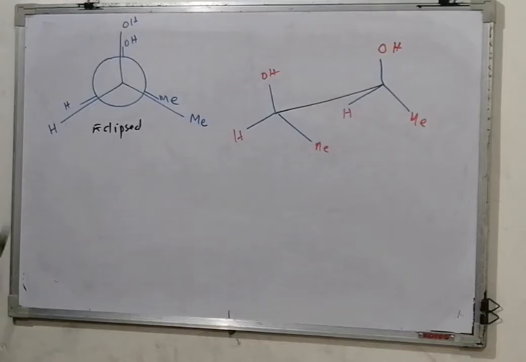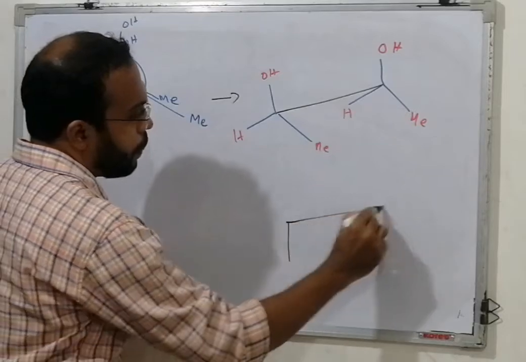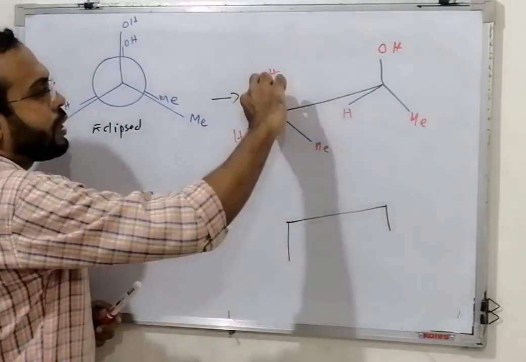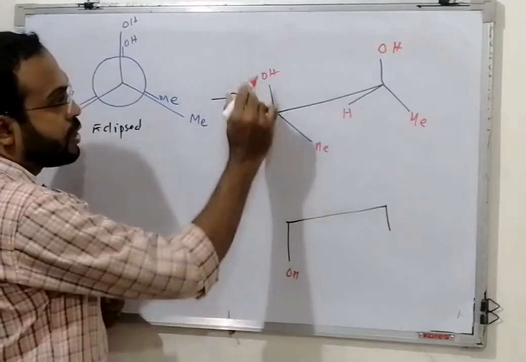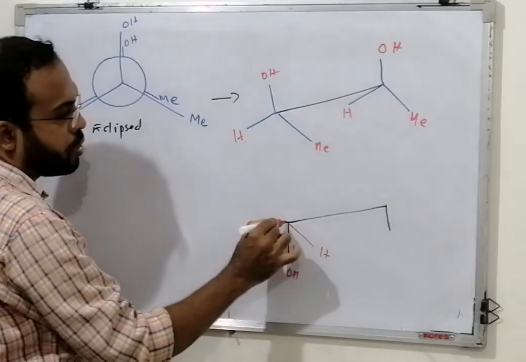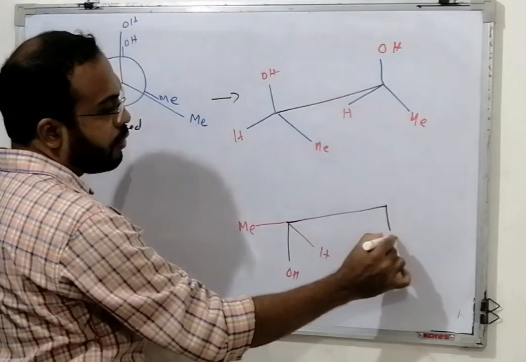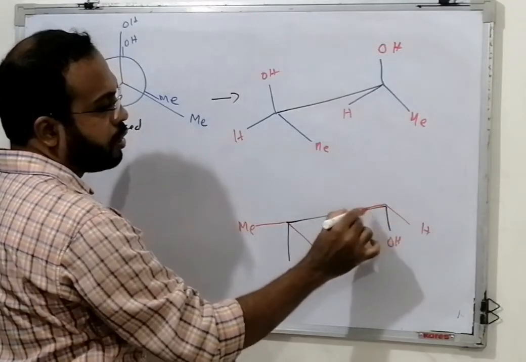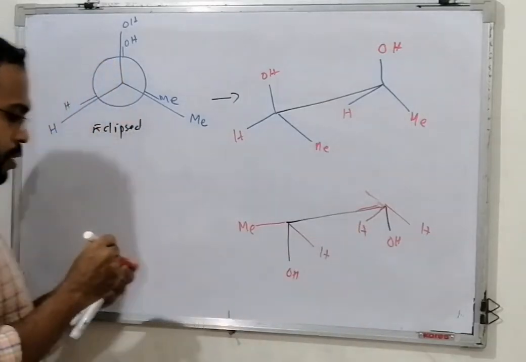Now, you cannot draw its Fischer projection because we need a standard form, standard down. For that, you have to rotate this carbon, for that this OH down. That is 180-degree rotation. Therefore, this Me position becomes now H, this H becomes Me. Here also you rotated 180 degrees. Therefore, OH down. Therefore, now this Me position H, and this position H. Fine.